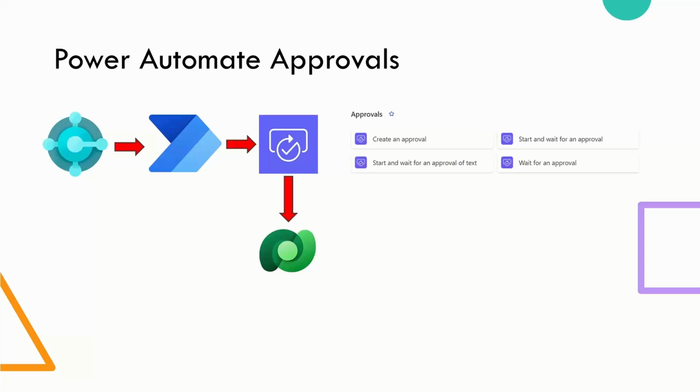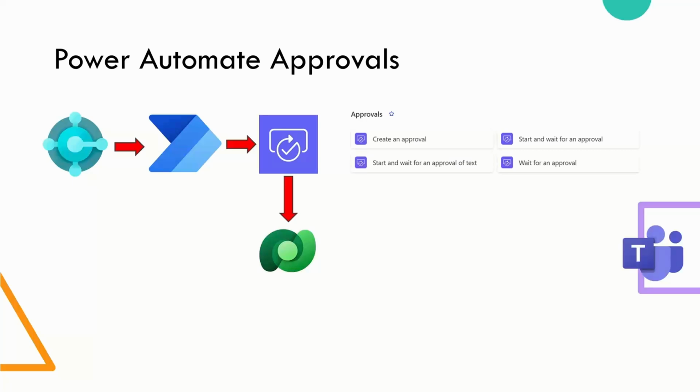And then when it is in Dataverse, it's just in a different database than it is in Business Central. And you should keep that in mind, because that means that the two systems are actually unaware of each other. The Dataverse has no idea about Business Central, and Business Central has no idea about that Dataverse table.